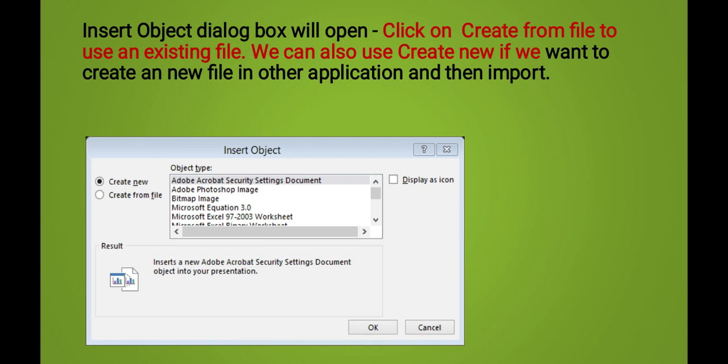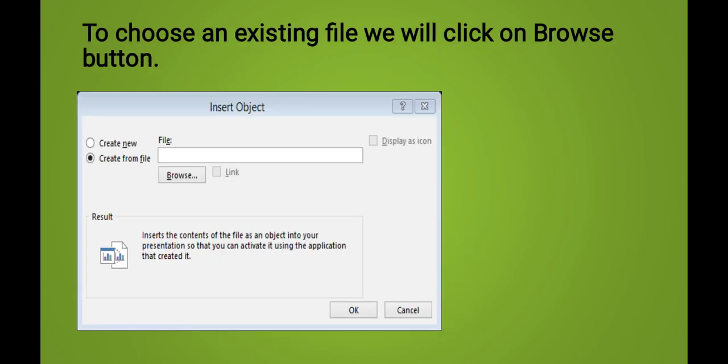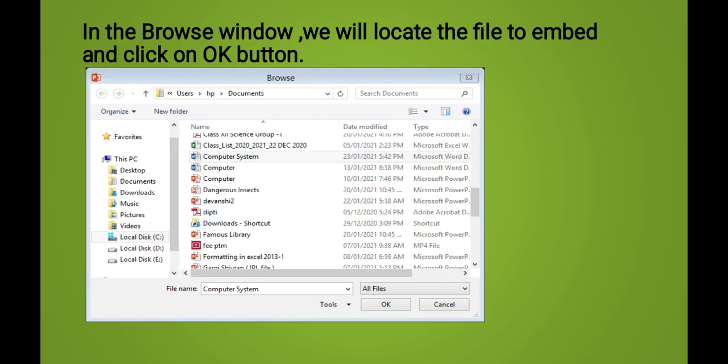If we choose Create New, it allows us to create a new file in another application and then import it. But if we choose Create from File, it allows us to select a file that is already saved. To choose an existing file, we click on Create from File, and to find the location of the file we click on the Browse button.